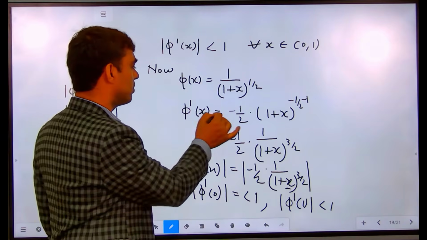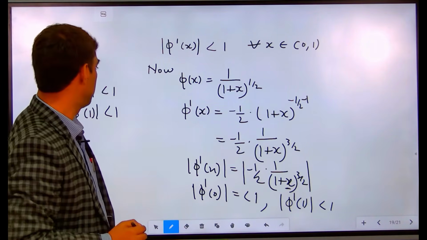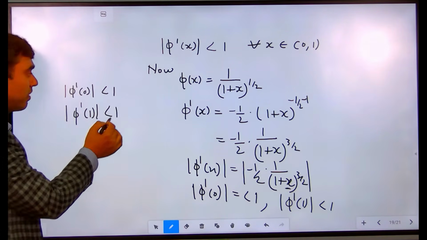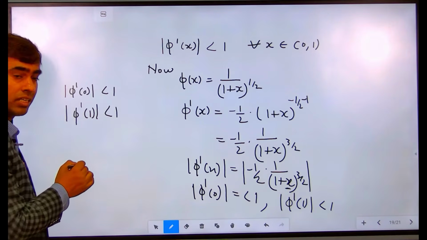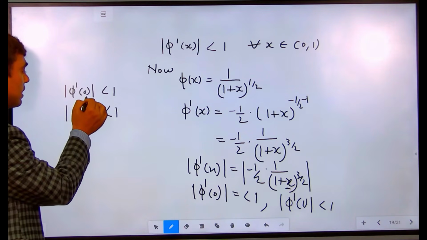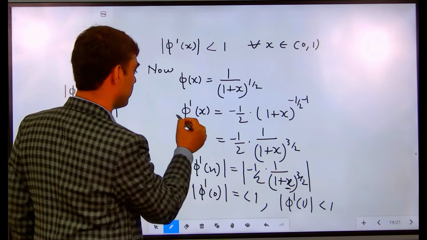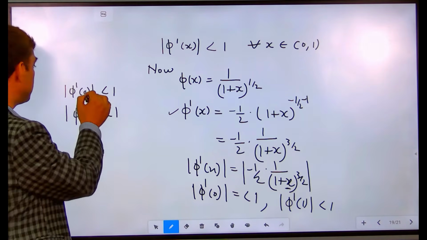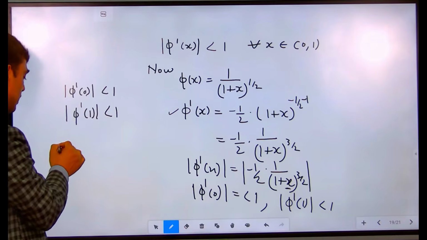Phi dash x is a decreasing function. So the value will decrease from 0 to 1 but remain less than 1. Here the value decreases from 0 to 1, and phi dash x is also a continuous function, and the value decreases from 0 to 1 but is less than 1. So we conclude that